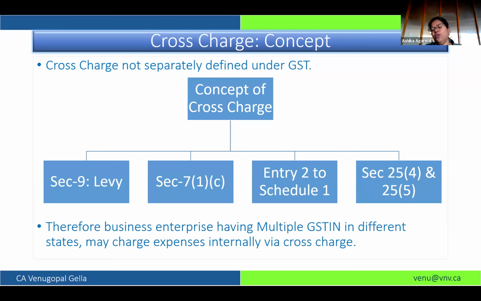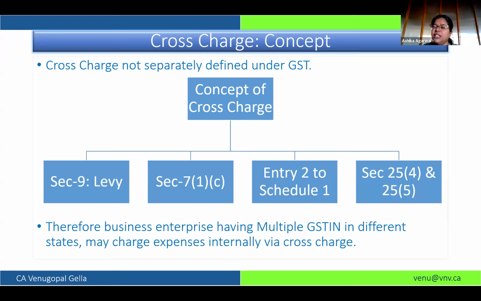With ISD, you also need to know about the cross charge. So if you see at a PAN level, there are two types of services. One is internally generated service. One is which is billed by a third party to one GSTN, which belongs to PAN level expense, like we discussed about audit fee and all. So when a third party provides service which belongs to all the GSTN, then the ISD comes into picture.